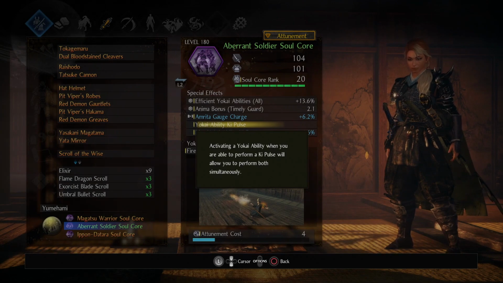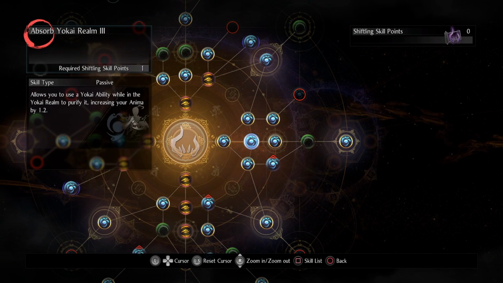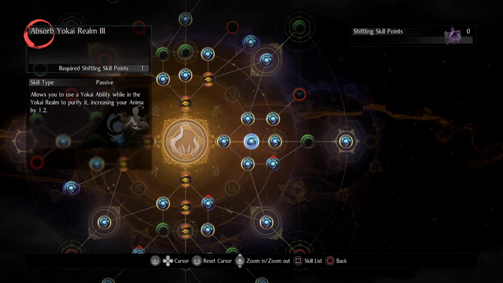If you take a look in the Shiftling tree, you'll see that you gain anima when you purify a yokai realm via a perfect ki pulse. The same goes for using a yokai ability while in a yokai realm. Now with yokai ability ki pulse, you can combine both of these benefits together to get a big chunk of